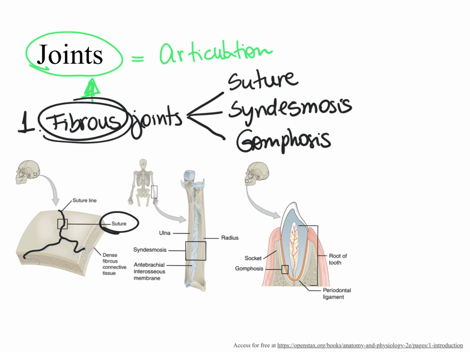A syndesmosis fibrous joint is characterized by a wide fibrous connective tissue between the bones in the joint. You can see here the example of a syndesmosis fibrous joint found between the ulna bone and the radius bone. This wide band of connective tissue is specifically named antebrachial interosseous membrane. Interosseous: inter, between; osseous, bone. So it's a membrane between bones. We have basically the same arrangement when we look at the interosseous membrane between the tibia and the fibula